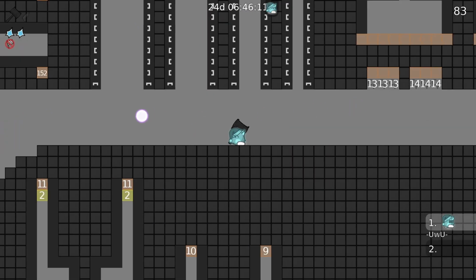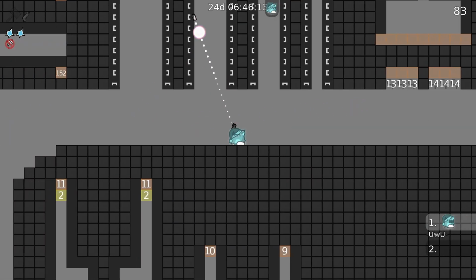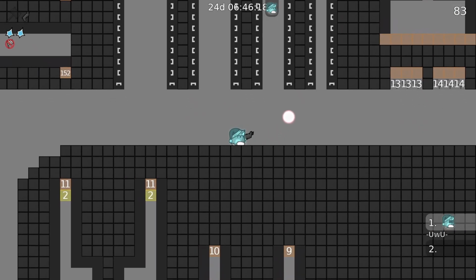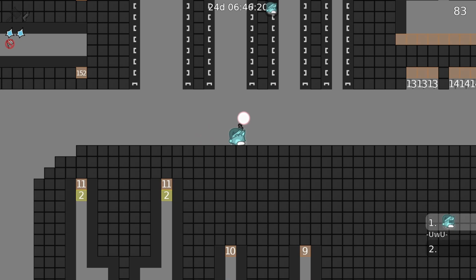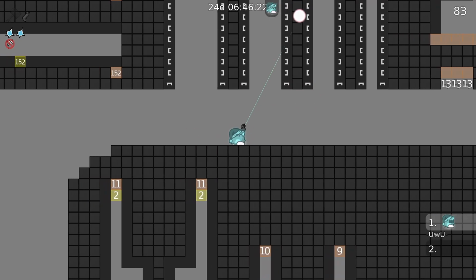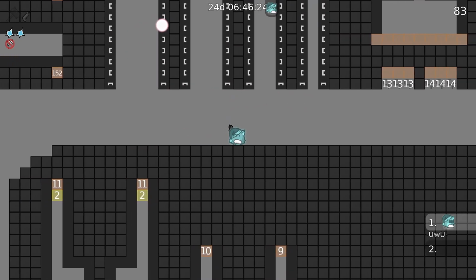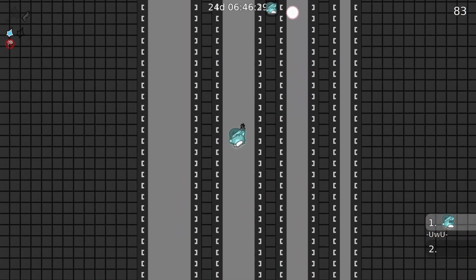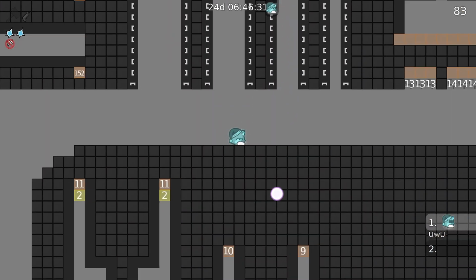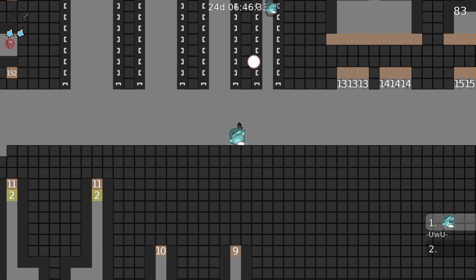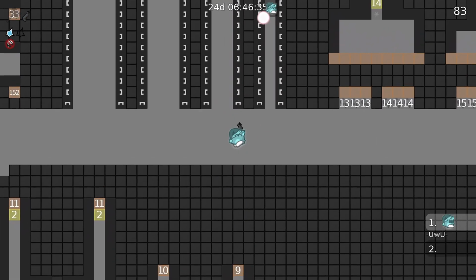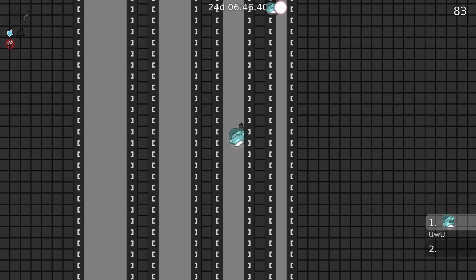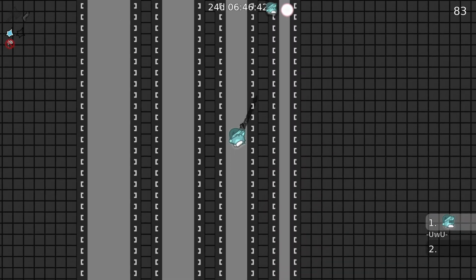Now the next basic movement that I want to teach you is going up in a 3-tile and a 2-tile, and it's pretty basic if you played in DDNet for a long time. You just press A and you hook the wall, or you press D and hook the second wall, and you go up and spam it. You can see it's pretty easy, and if you do it in a 2-tile, then you just want to do it with less force and more consistency, like that, and you just don't want to die